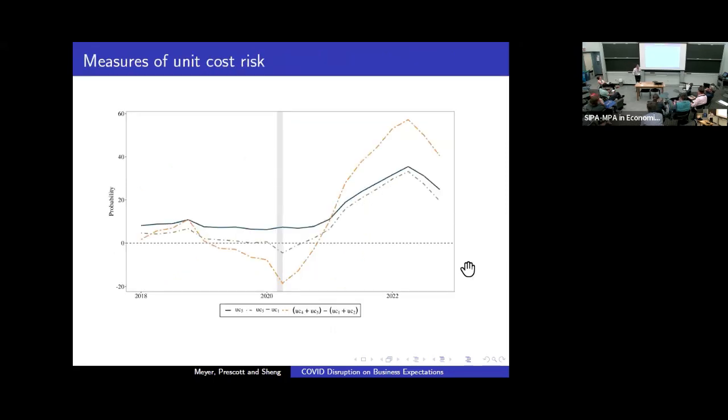Okay. So another interesting aspect is inflation risk. You can think about this as a proxy for inflation risk. This chart shows 3 simple measures. The first one, the solid blue line, is simply how much weight the firm assigns to unit cost being larger than 5%. The dotted green line is the weight assigned to the highest bin minus the weight assigned to the lowest bin. The last one, the dotted orange line, is the weight assigned to the upper 2 bins minus the weight assigned to the lower 2 bins. Anyhow, if you focus on those 2 measures, we call them proxies for the balance of risk.